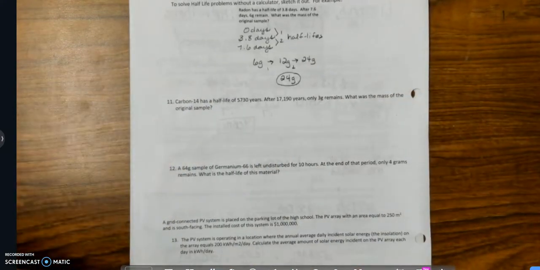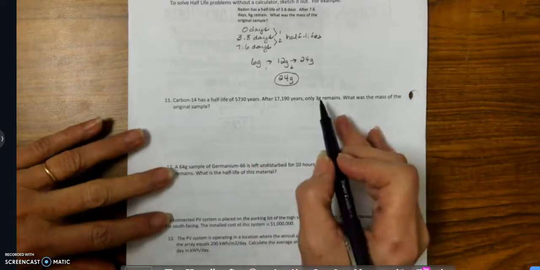Okay, let's look at nuclear. Now remember, we want to map out these problems. You always want to map them out every time, even if you feel like you know how to do it. I tell students all the time, map it out. It will help a lot. So it says